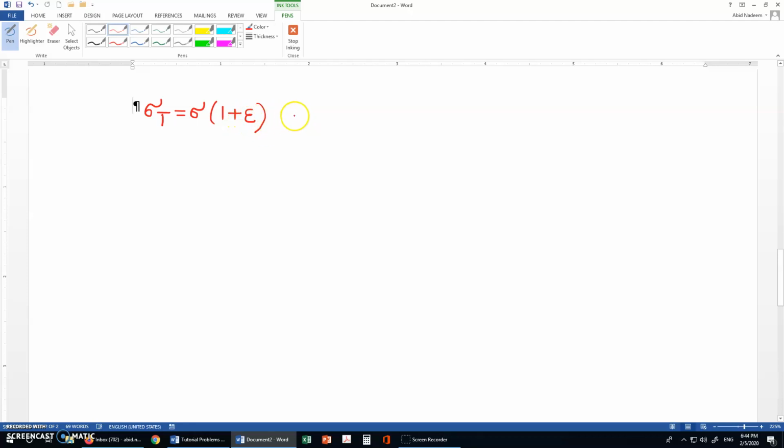So we can look at the definition of the stress. For example, the engineering stress is equal to force divided by the original area, and by the same analogy we can say that the true stress should be equal to the force divided by the current area, or you can also say the instantaneous area. Okay, so considering these two definitions and then adding one assumption, the assumption is that